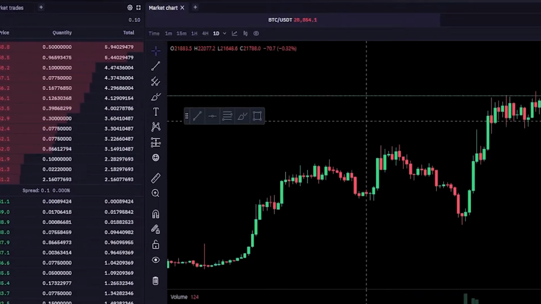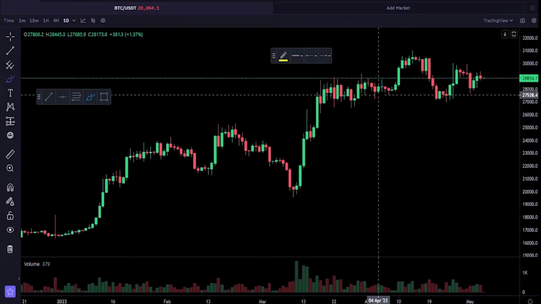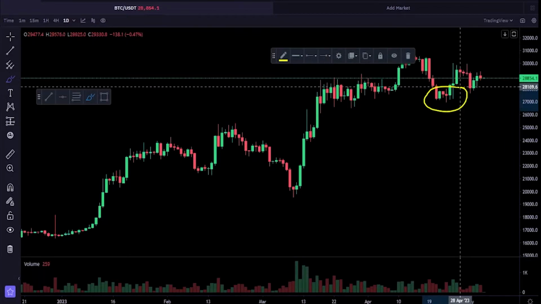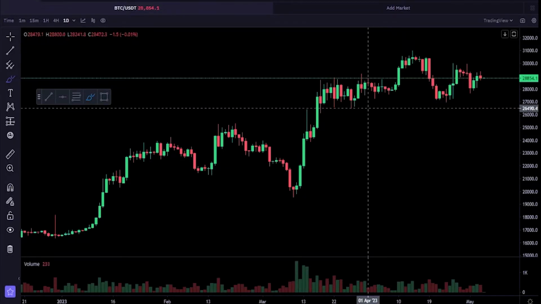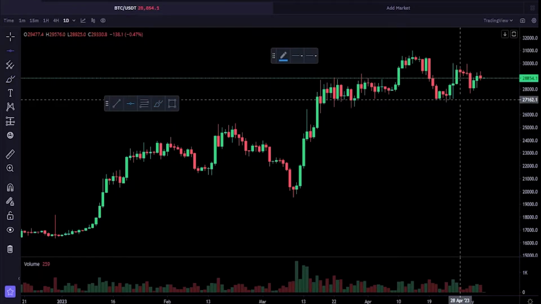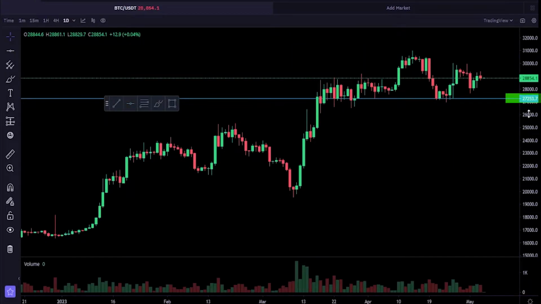So let's head on over here to the chart. And for the purposes of demonstration, let's just imagine that we're interested in buying Bitcoin if the price was to retrace somewhere down around this pivot point right here. So what I'll do is I'll go ahead and grab a horizontal here from my favorite drawing tools. And I'll go ahead and mark that pivot point out, something like this. Now we can see on the y-axis of the chart that there's a price point correlating to that horizontal coming in at